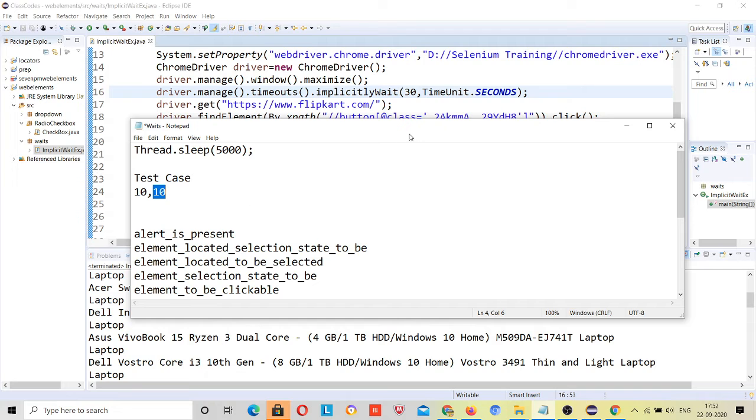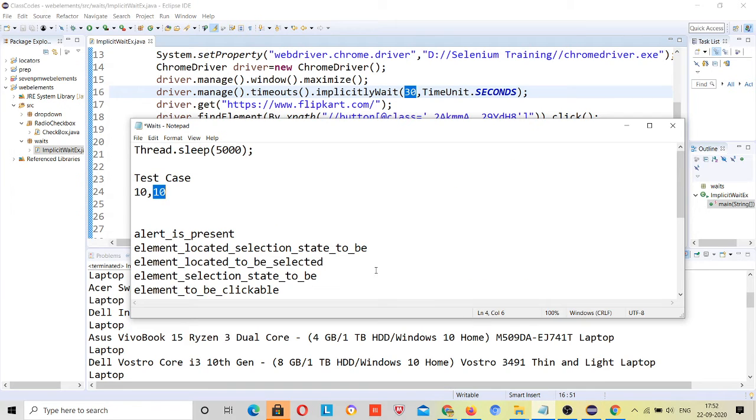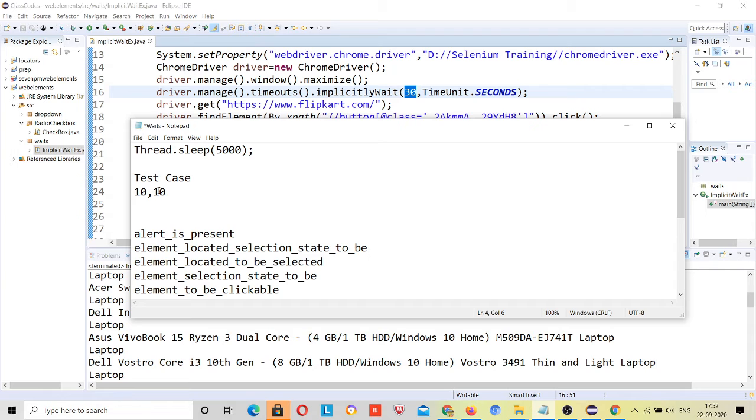Because we have applied this implicit wait at 30 seconds, how will you know that this test case was covered within 10 seconds, right? Because this applies globally. When you work with a framework, you will understand this applies on a single page, and is applied globally, right? So how will you know that this particular test case passed within 10 seconds?